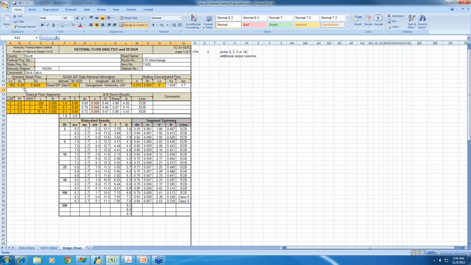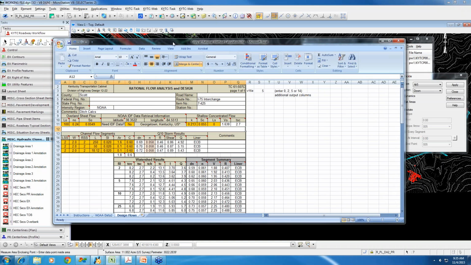One thing to note on the overland sheet flow is that it's KYTC policy to not allow more than 300 feet of overland sheet flow. The longer your overland sheet flow is, the longer it takes for water to reach the outlet, and so the lower the flow rate is. So the longer your overland sheet flow is, the less conservative your design is. Once again, some of these values require engineering judgment to figure out. But after we get this thing filled out, I'll show you a few things that hopefully will make you feel better